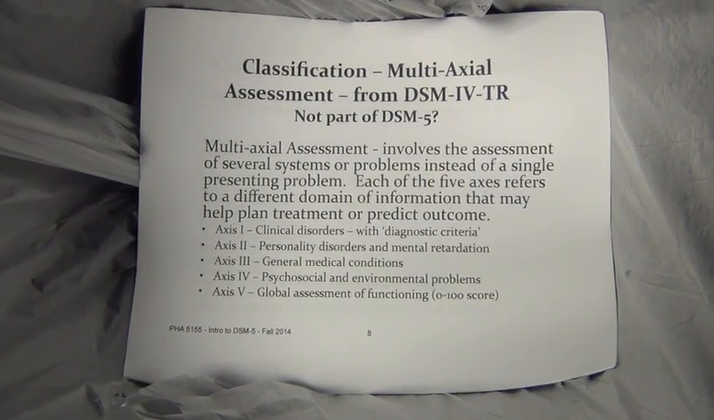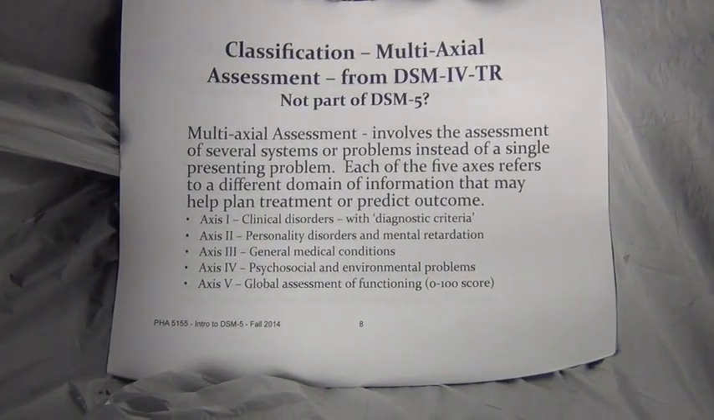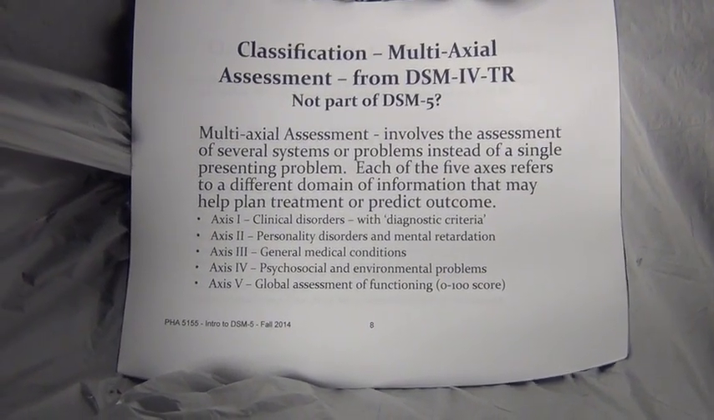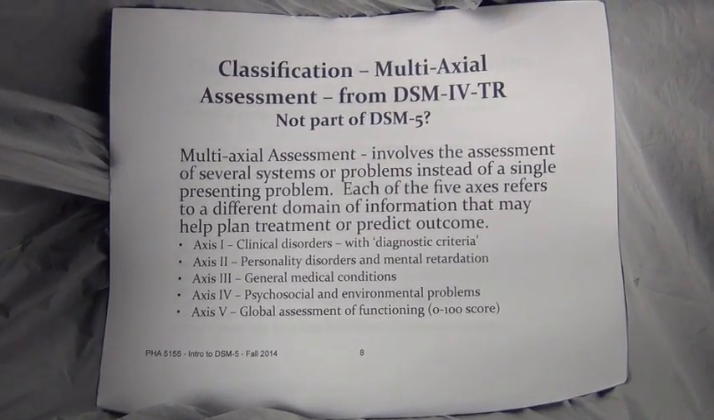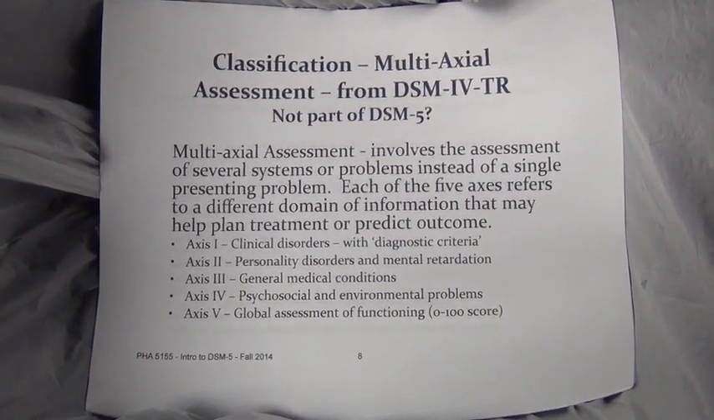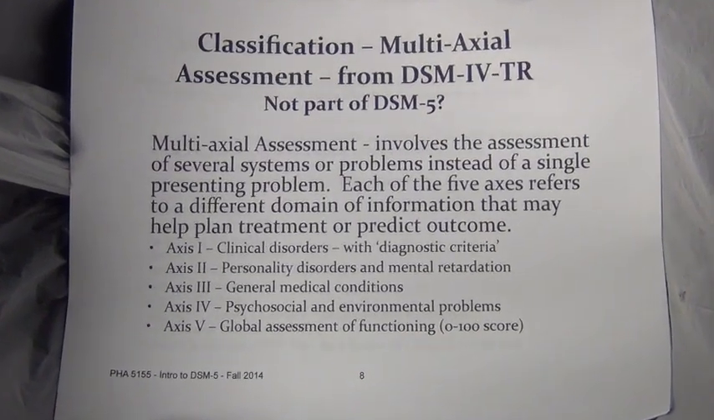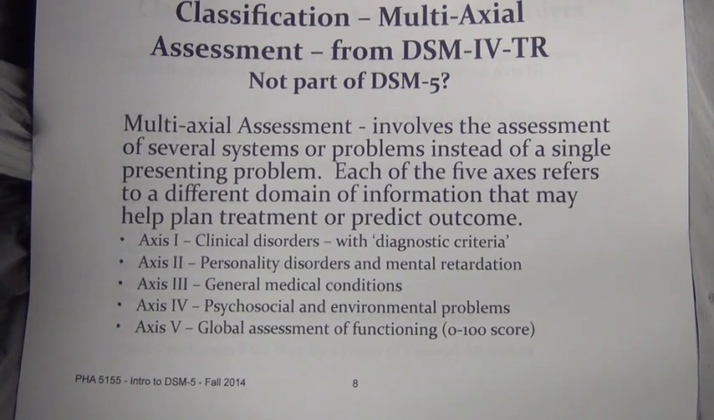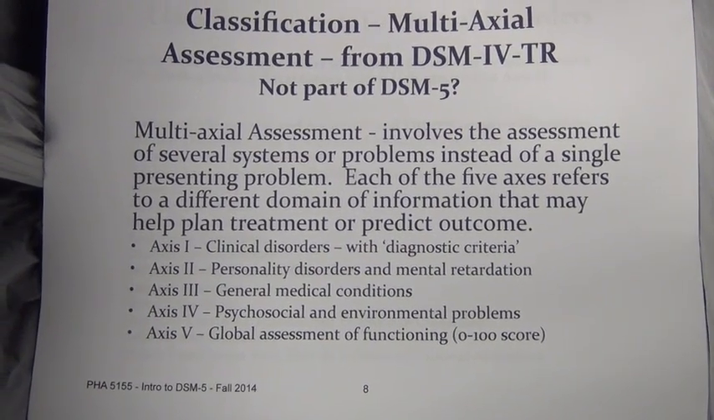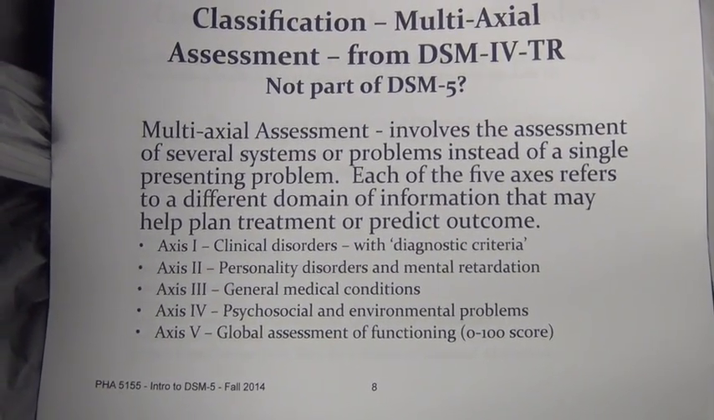So you might ask, well, how is it different from DSM-4? Well, here's a way that it's different in a kind of a big way. The DSM-4 had what was called a multiaxial assessment. It's not really part of the DSM-5. The DSM-4 multiaxial assessment essentially involved assessment of several systems or problems instead of a single